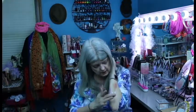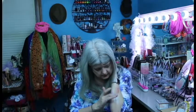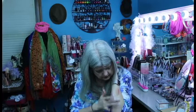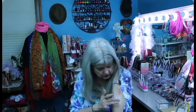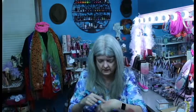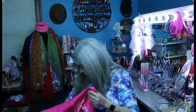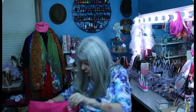So let's do a finger that I have not used to smudge yet. See how nicely that smudges out? It just fades right into your skin. But that will dry like that, and it's not going anywhere. So I've had this on my hands for several hours and washed it a few times, and that's what's left. I've really put that through the ringer. And I think there is one more thing in here that I got, and we will be done with the